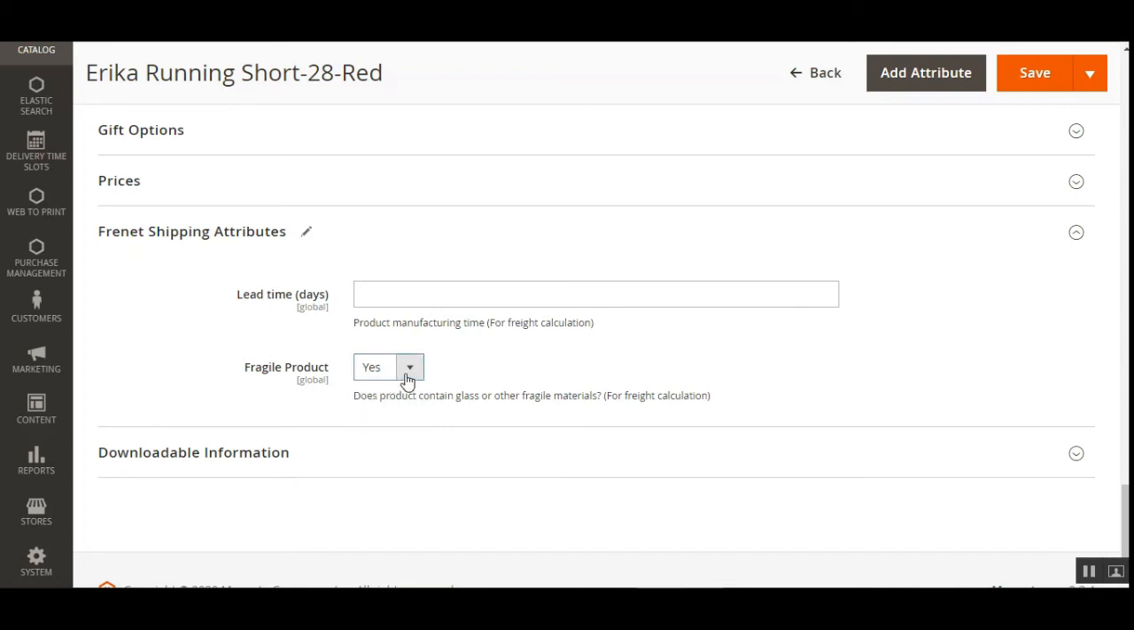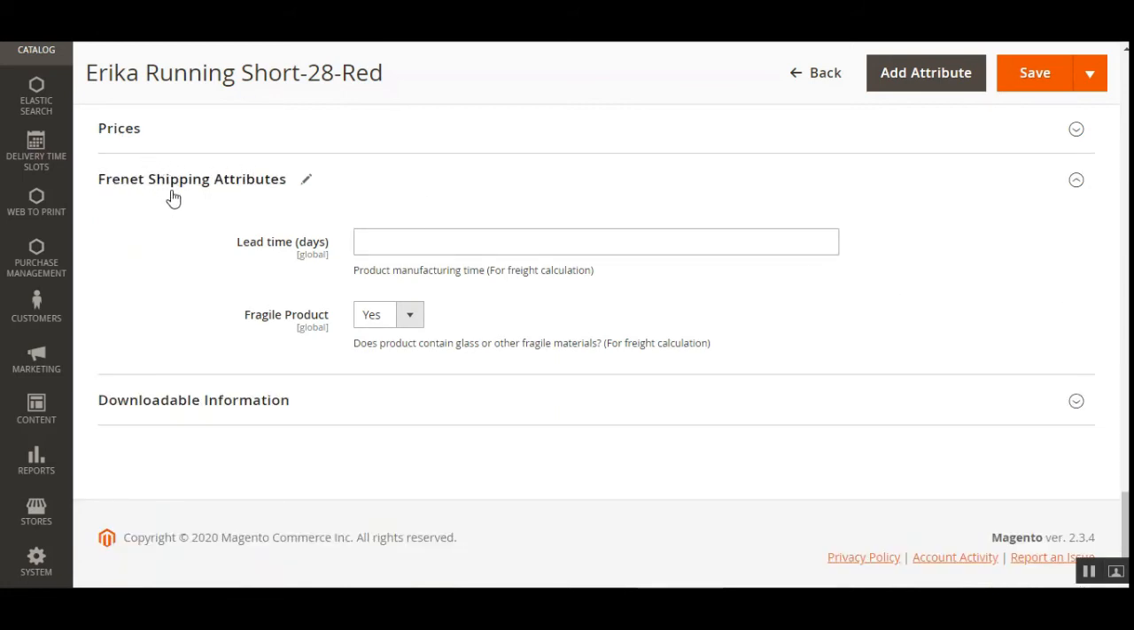If it's a fragile one, you can choose yes for that. So basically this denotes that the product contains glass or any other fragile materials, and this is also used for the freight calculation there. And so right now under the Frenet shipping attributes, we're not able to see the dimensions